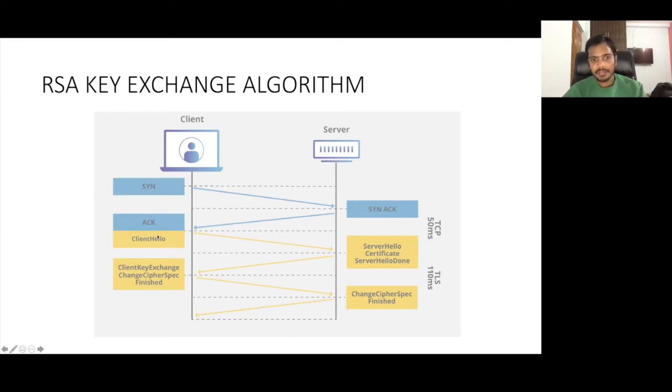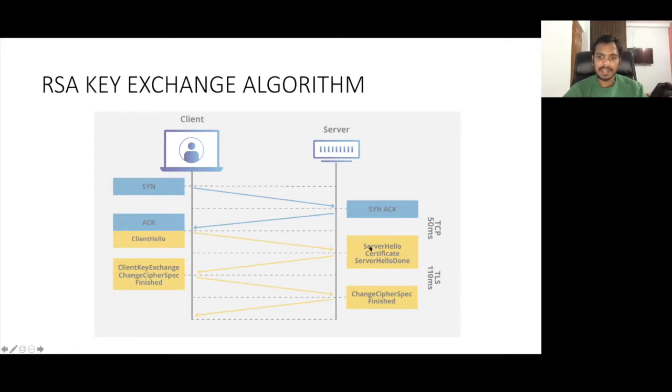Now, with the last ACK, the client also sends the client hello. Whatever you see in the yellow color are the parts of the TLS handshake. Of course, the client will start the TLS handshake conversation with client hello. Then the server will have three replies: server hello, certificate, and server hello done. So these are three steps from the server side.